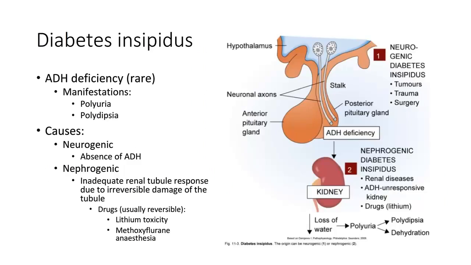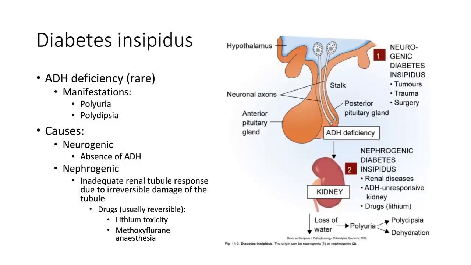Now, another way that you can end up with hypovolemia is because of ADH deficiency. So there's not enough ADH in the system. Now this is fairly rare. It's called diabetes insipidus, and that's because when it was named, similar sorts of symptoms occurred around polydipsia, so drinking lots, and polyuria because of losing a lot of fluid in the urine, that led to dehydration that caused increased thirst and needing to drink more. And they're very similar